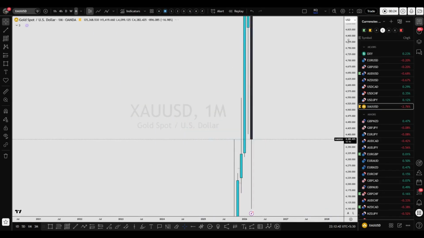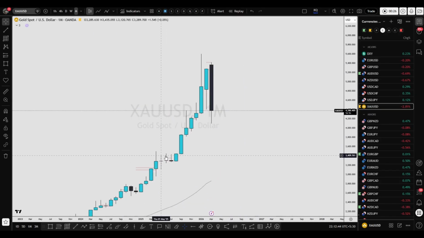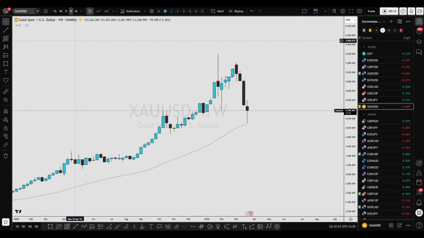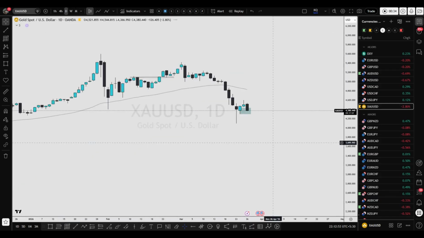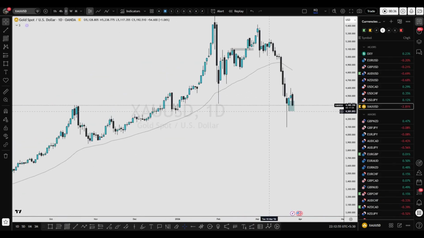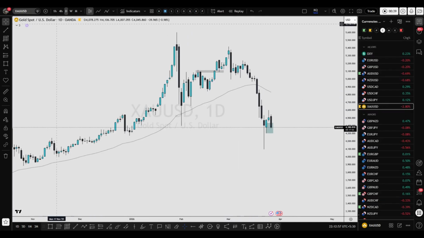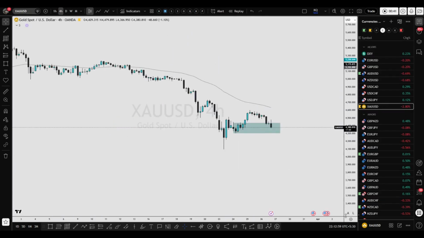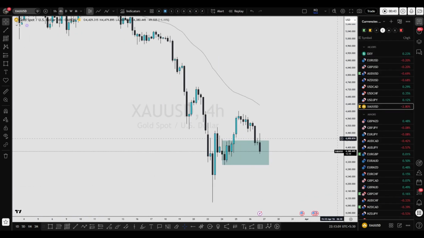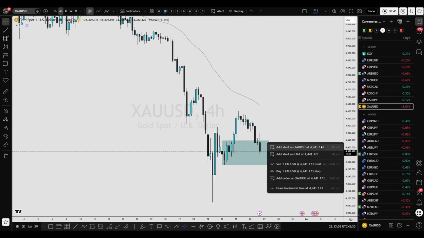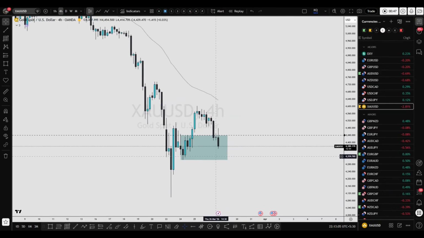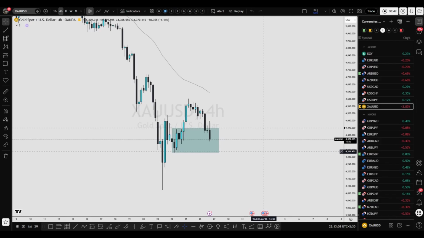Only the monthly time frame is lining up with this long bias, because only in the monthly time frame we have a bullish breakout structure towards upside. In weekly time frame, it's a bearish breakout structure. In daily, pretty much same story. We're currently in a bearish range. So let's wait for it. I'm gonna set my alert over here and wait for price to go outside the zone.